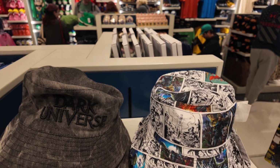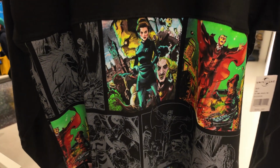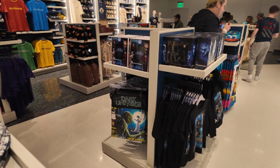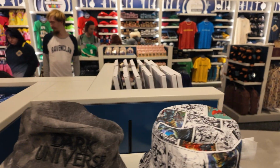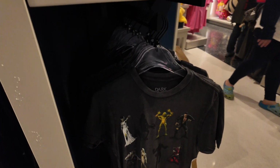Then last but not least, they do have a bunch of new Dark Universe stuff, including some bucket hats here, and this really nice long sleeve shirt. I really like this new design, almost comic panel kind of design here. I think it's very nice. Then they have a bag over there, a couple t-shirts. They do already have some action figures there. You got a shot glass set, and then this shirt that I also do think is pretty nice,